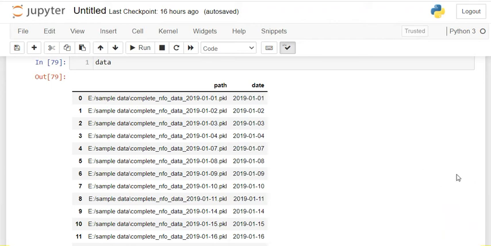Hello guys, welcome back. Today we are going to discuss how to convert the date into a datetime format, right? If you are doing any time series analysis or any backtesting with time series data, the most important thing is that first you have to convert this date into a datetime format,